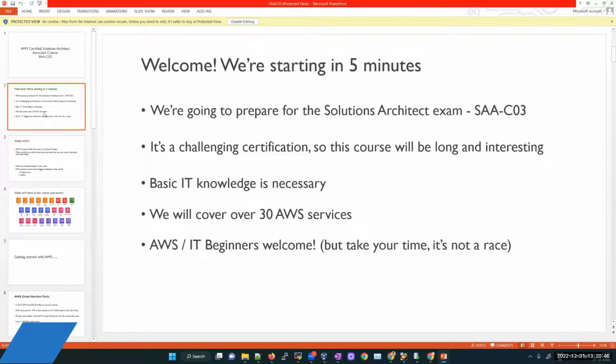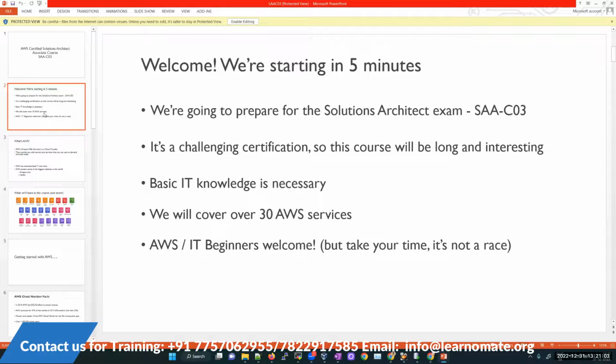Before we go to AWS directly, let's see what we need to have. I know it's a challenging certification. I don't say it's easy, but it's a little bit challenging, because it includes multiple technologies and multiple services. Once you start learning the services and know a little bit, it becomes easier.